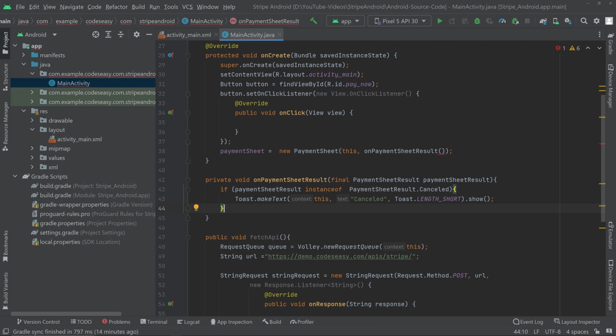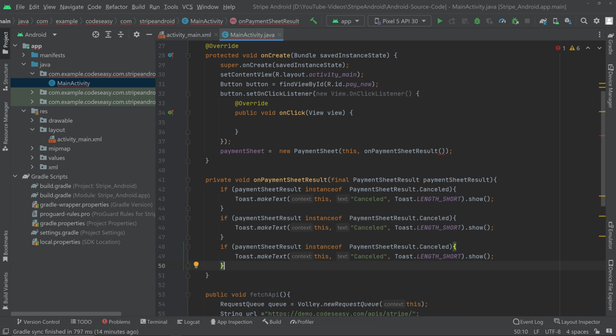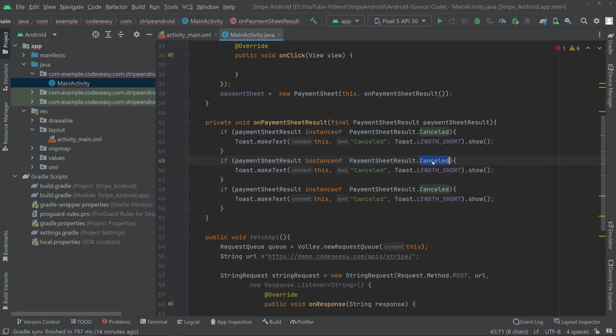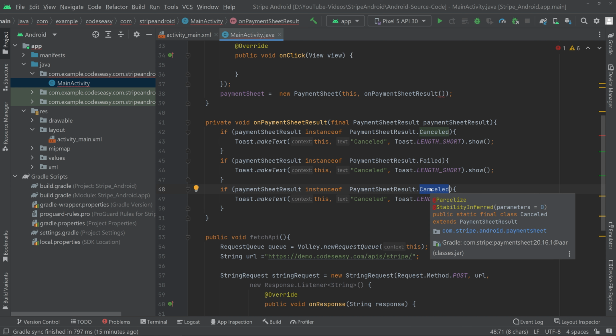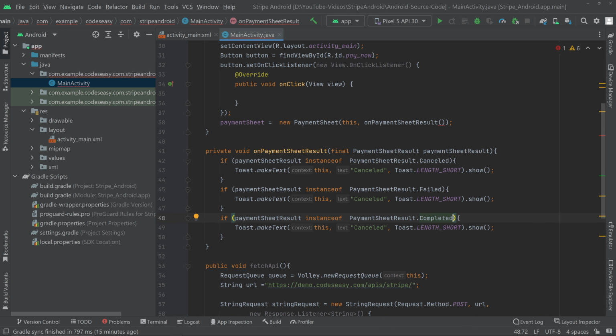Now we can do the same for payment failed and also for payment completed. So let's copy this from here and paste it here. You need it one more. Okay. And let's change the cancel to failed and this one to completed. Okay. Now we can change the toast messages also. Now for the failed, we can show some reason also. So for that, we can do